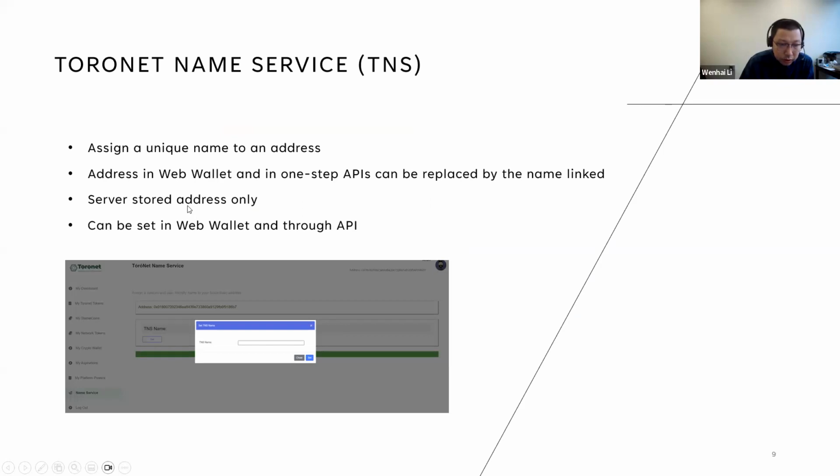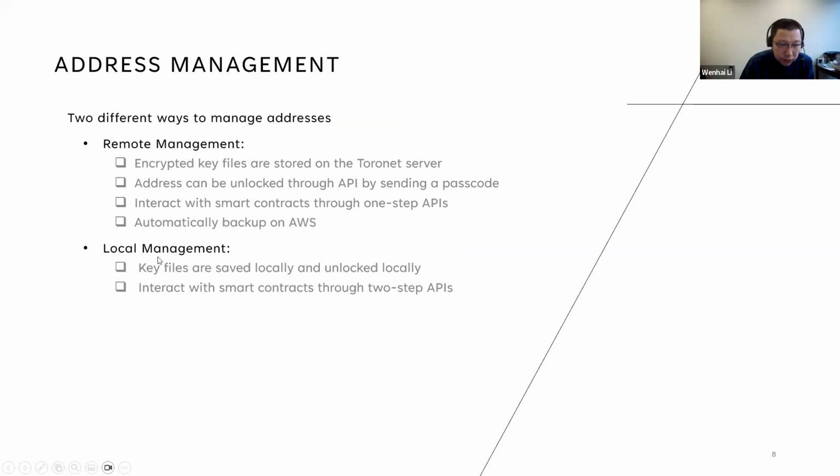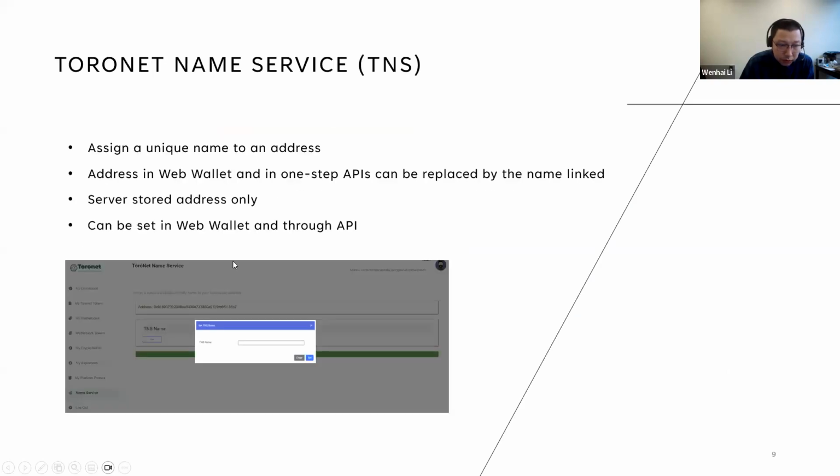We have two different ways. If you have your blockchain address saved locally, then you will not have this functionality supported. You can set the name on the web wallet. The screenshot is kind of small, but you see there's a menu button on the very left, the second from the last. You will see the name service, and this is the interface where you can